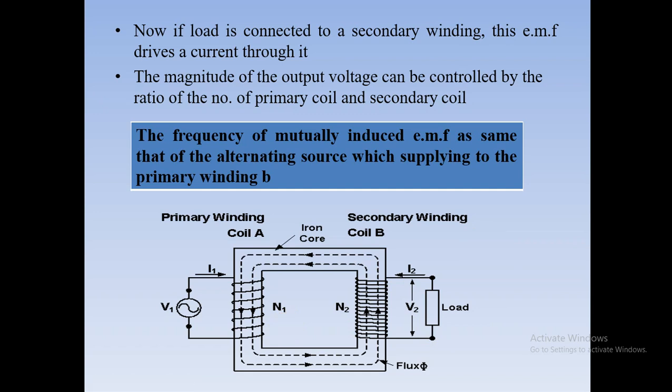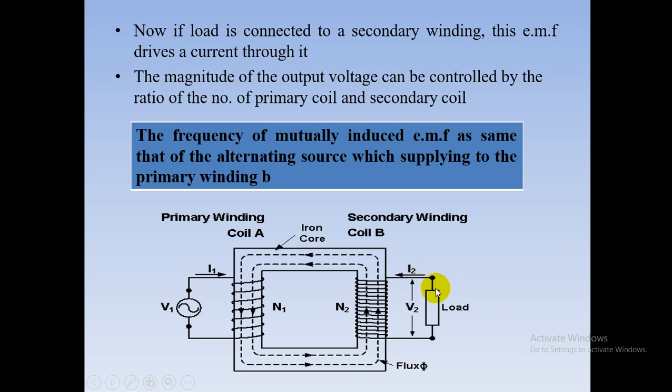And here you can see we are connecting a load to the secondary winding. If there is no load connected to the secondary winding, that is, it is open circuited, then there is no secondary current flowing through the winding. At that time, only the individual voltages are there. After that, we connect a load. The load may be a resistive load, inductive load or capacitive load. Whatever the load type may be,